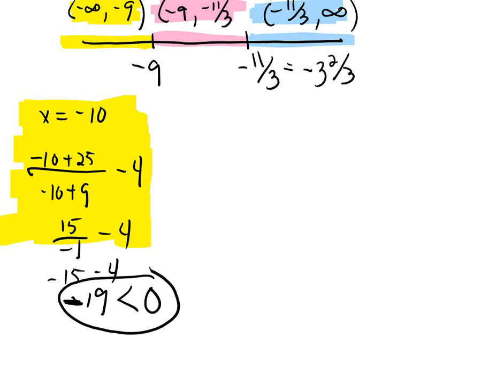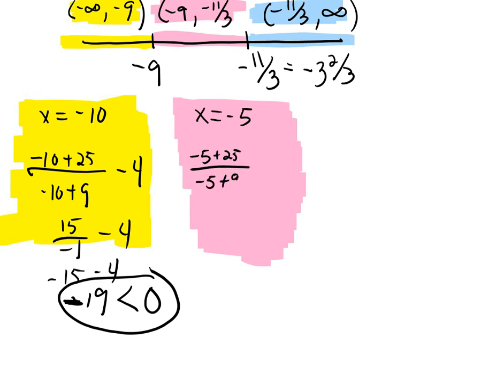Now let's go to the next interval, in pink, and just pick some number between negative 9 and negative 3 2/3. I just picked negative 5. So this is going to be negative 5 plus 25 over negative 5 plus 9, minus 4, which is 20 over negative 5 plus 9, which is 4, which is 5, and 5 minus 4 is 1. And 1 is actually